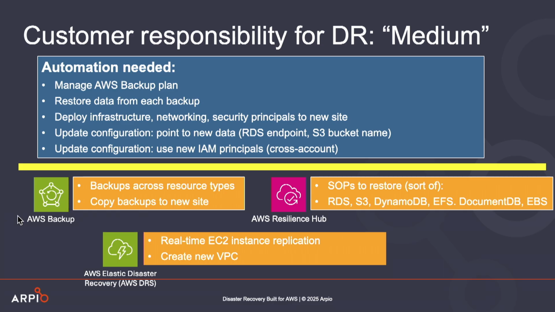And now AWS Backup's a really cool tool. It's a single pane of glass across all those backups I was talking about. So no longer do you have the responsibility for coordinating those backups. Just set up a backup vault across multiple resource types, and you're good to go. It also takes care of copying backups cross-region, cross-account. So I took that off the list too. So you have a lot less to worry about.